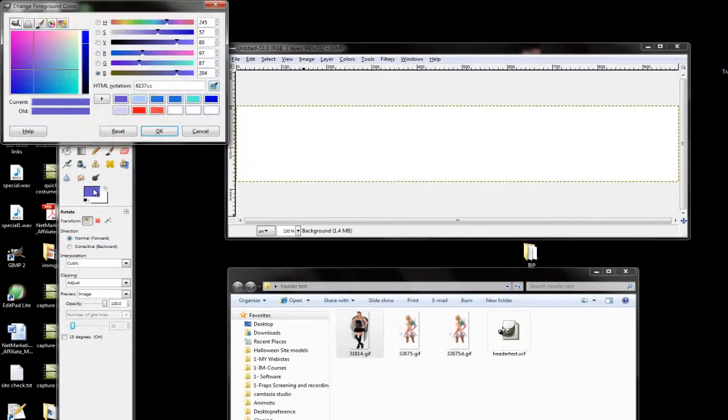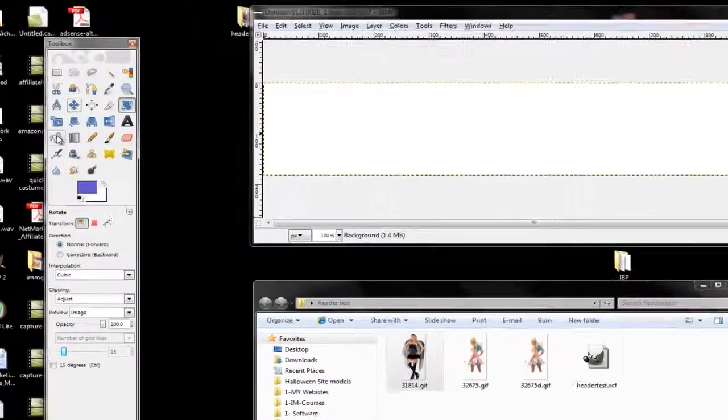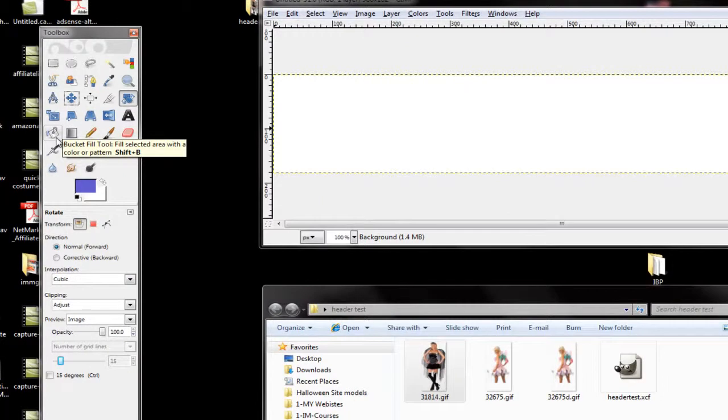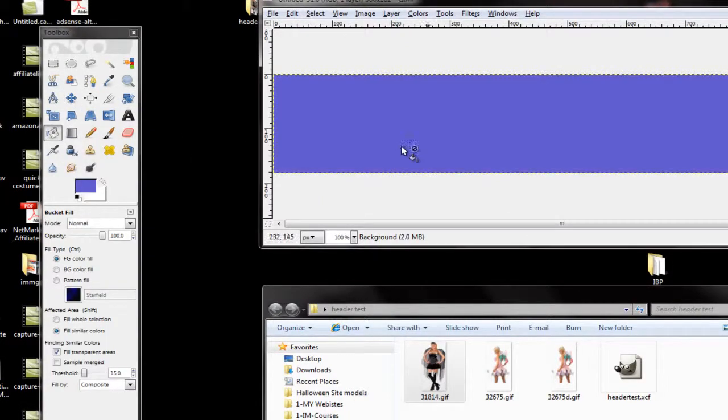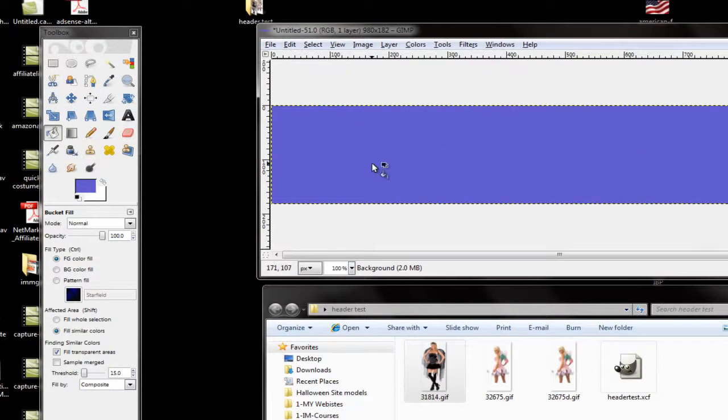You can pick the color here and you can get a bluish color, or you can create colors and add them here, or if you know HTML you can always add the notations, or if you just want to pick a color like that and just hit OK. But I'm going to leave it the way I had it. And go into this little paint plugin icon, or hit the Shift B and click on it and just drop the color in there. Now, what I like to do is we can do a solid color, or we can